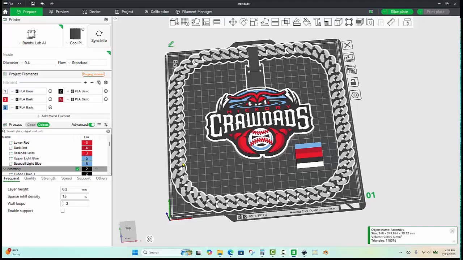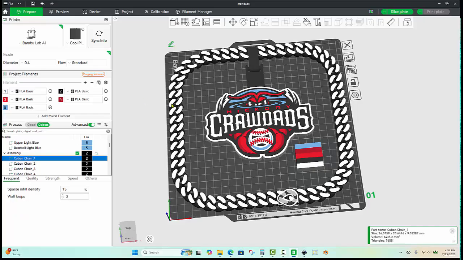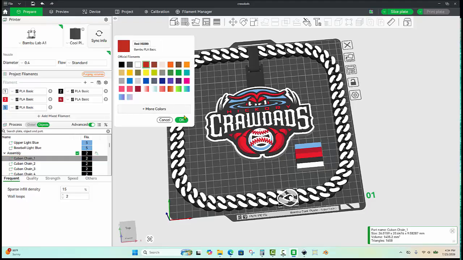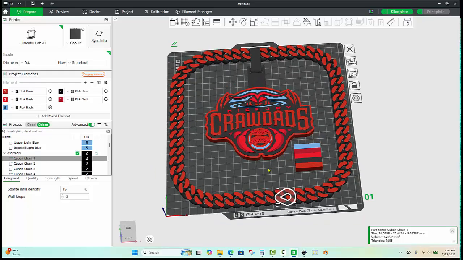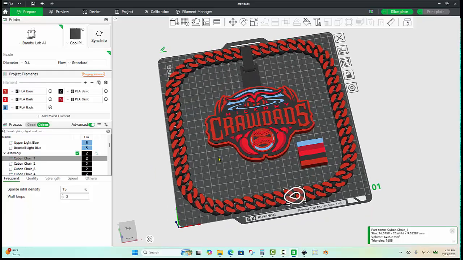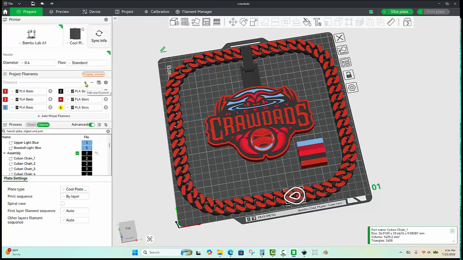And of course we can change that. So if we click on our hype chain here, if for example we want a different color, we can modify this to whatever we want it to be. So for example, if we change this to red, let's just say, then you can see it's red. Now it's also going to change our assembly. So what we could do is just add a new